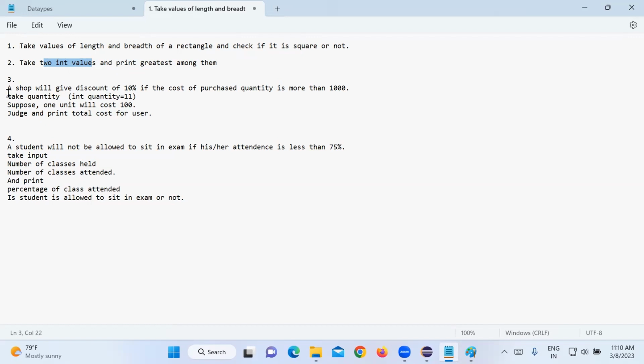Next, another thing. A shop will give a discount of 10% if the cost of the purchased quantity is more than 1,000. So let us say, for example, you take a quantity, for example 10 or 12 or 5 kgs. One unit will cost you 100 rupees. If you purchase 11, then the cost is 100 each. How much will it be in total? 1100, right? So 1100 is greater than